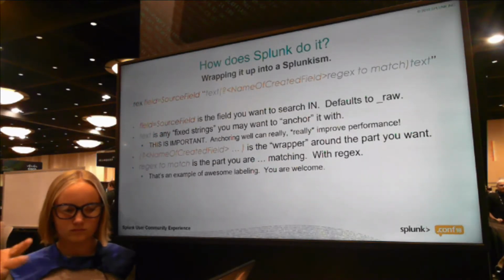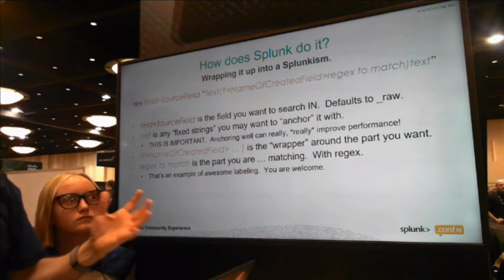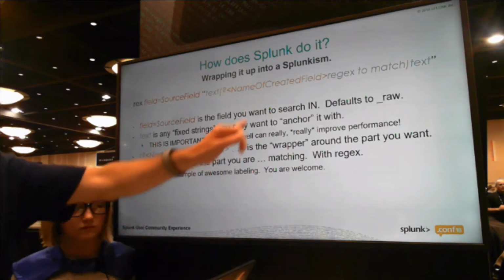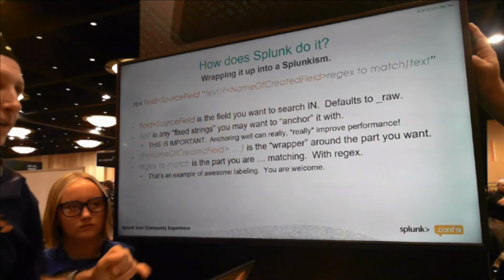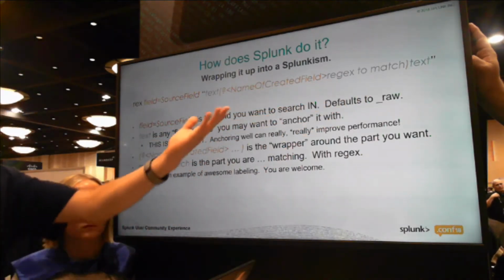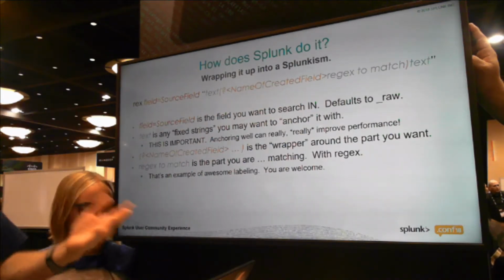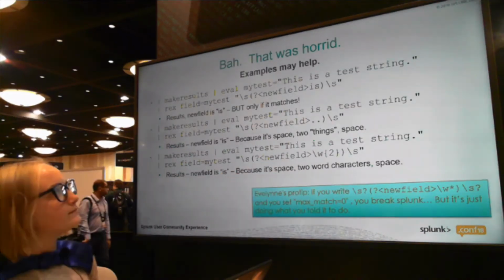But then in order to read them yourself, the next part is around the parentheses. The parentheses just group things together. And what we've grouped in here is an extraction that creates a field name, in this case, name of created field, with a regular expression that you can use to match the text that you want to have pulled out into that field name. And then after it, of course, there's also anchoring text. Sometimes that's a $ sign to say, and it ends at this character, but it's